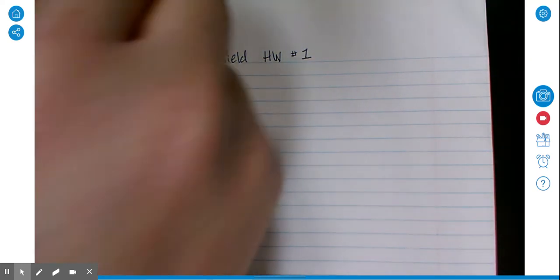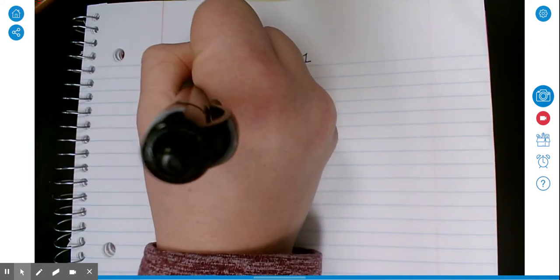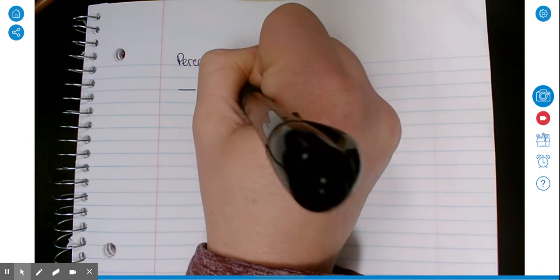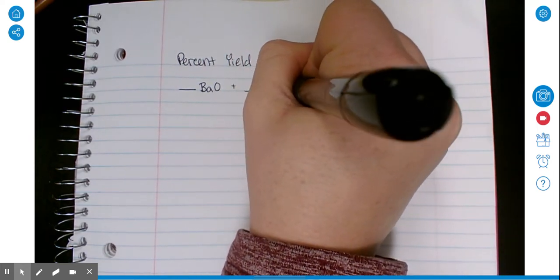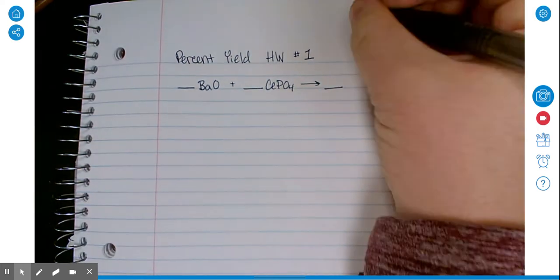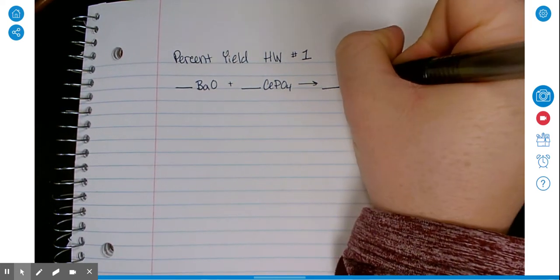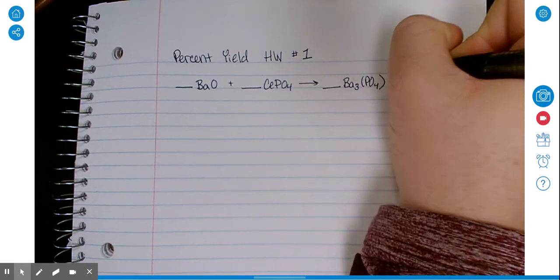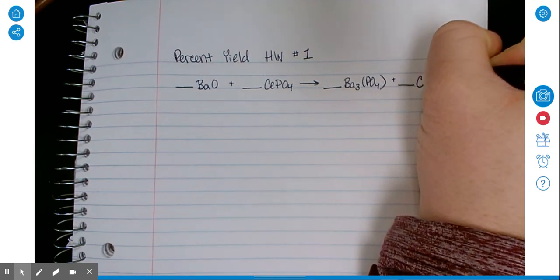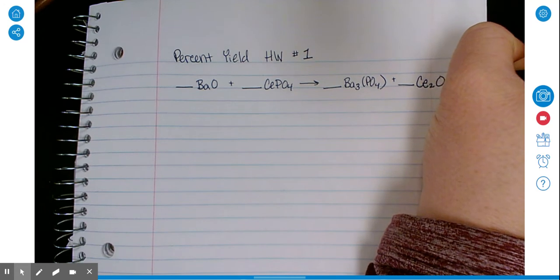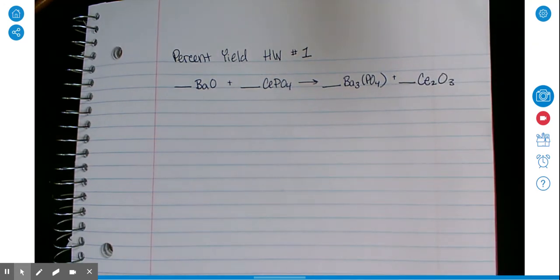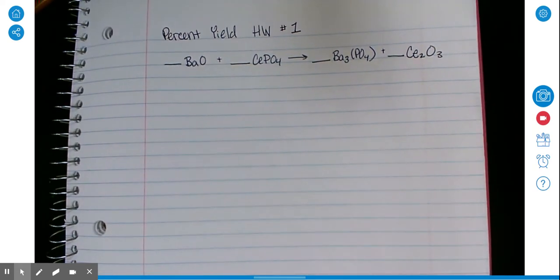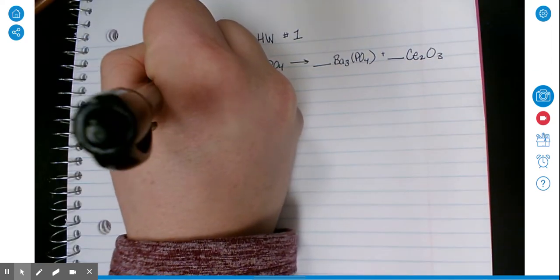And for this homework, I gave you a chemical reaction with barium oxide reacting with cesium phosphate to form barium phosphate, Ba3(PO4)2, and cesium oxide. Okay, so we start off, we've got a balanced chemical reaction. No, we don't. We don't have a balanced chemical reaction, but we are going to begin